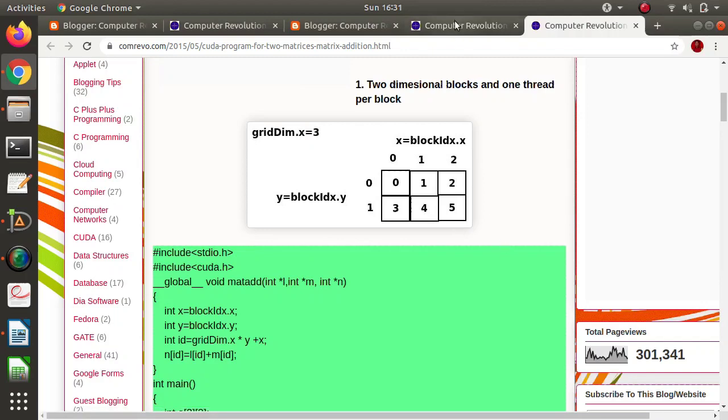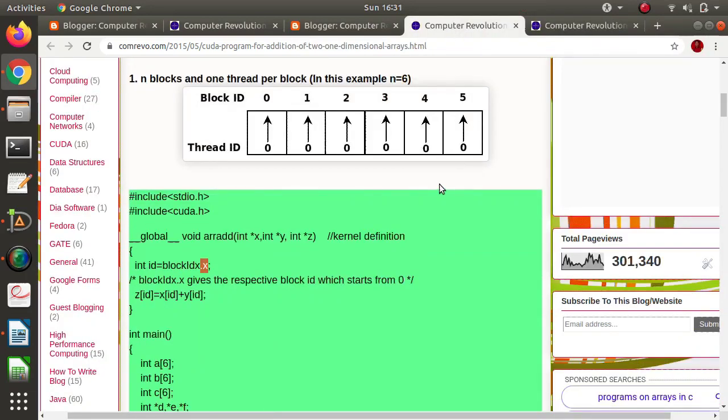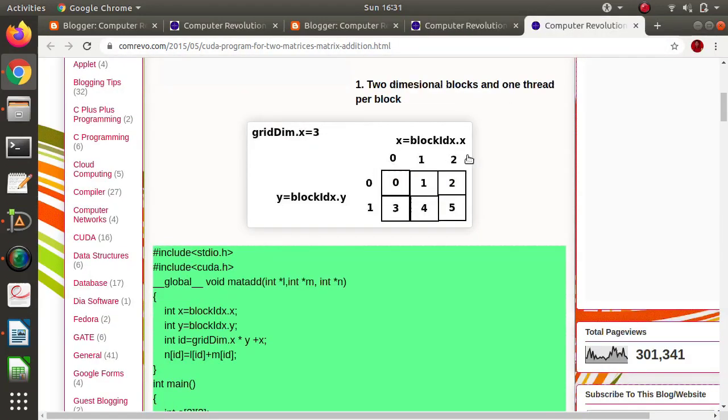Now in the previous example, when we had to add two one-dimensional arrays, the blocks were linearly arranged in one line only. So there they had only one ID, that is blockIdx dot x, along the x-axis. Here the blocks are arranged in a two-dimensional structure, so each block has two IDs.